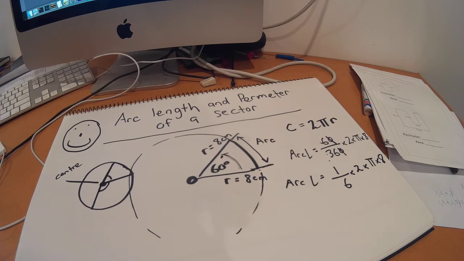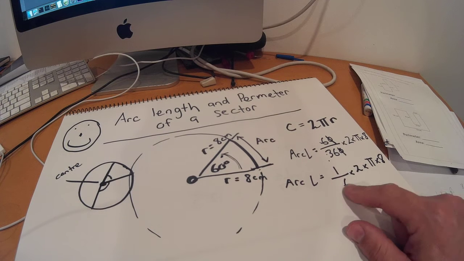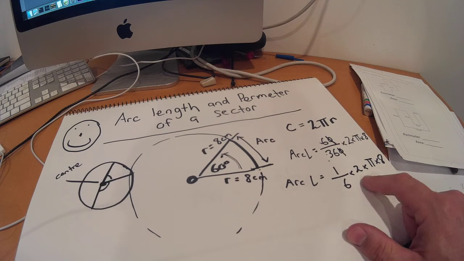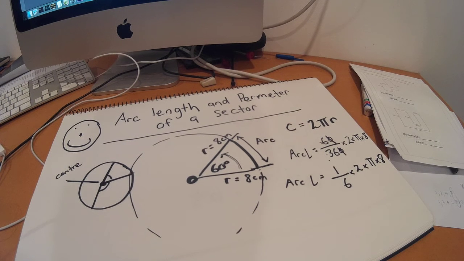So we've got our calculator up on the screen. Well, I've got my calculator, you won't be able to see it. So we've now got 2 over 6, which is 1/3. So we're going to say, we'll just get this all cleared up. So 1/3